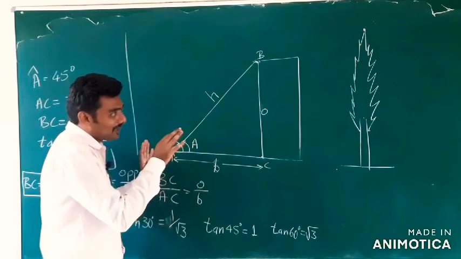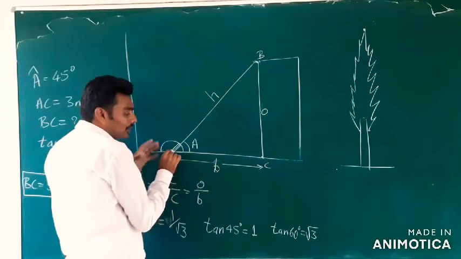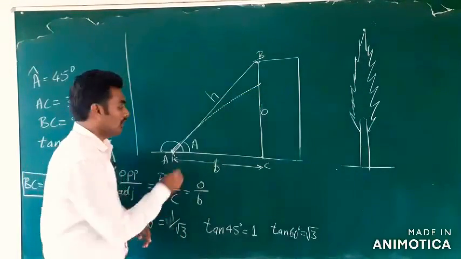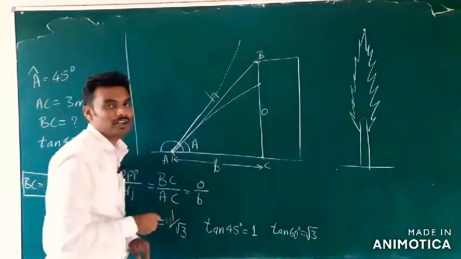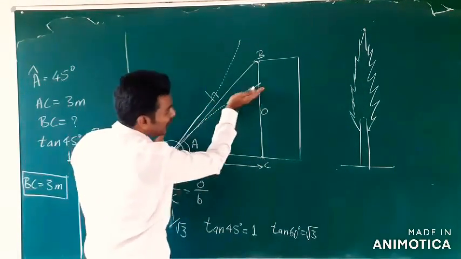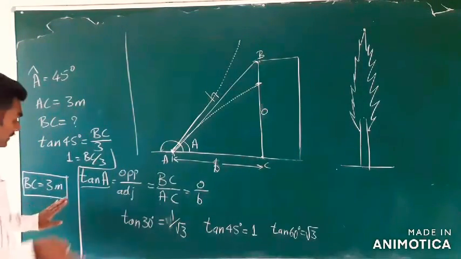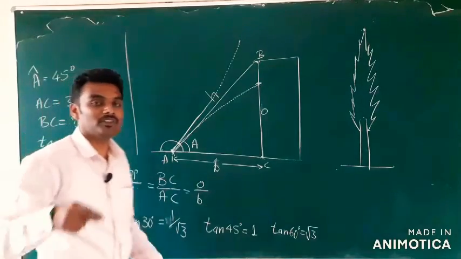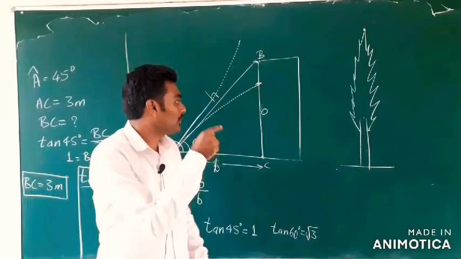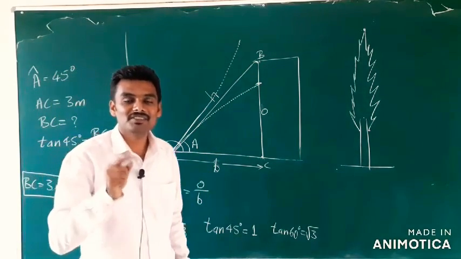What else? What if the light is bending on the way? If the light has bent and took a different path, it might have gone like this, or it might have gone like this, right? If these are the ways of light where the light has bent, then we would not get the theoretical value and the practical observations the same. Instead, they would be different. Clear? So this proves that light always propagates in a straight line.